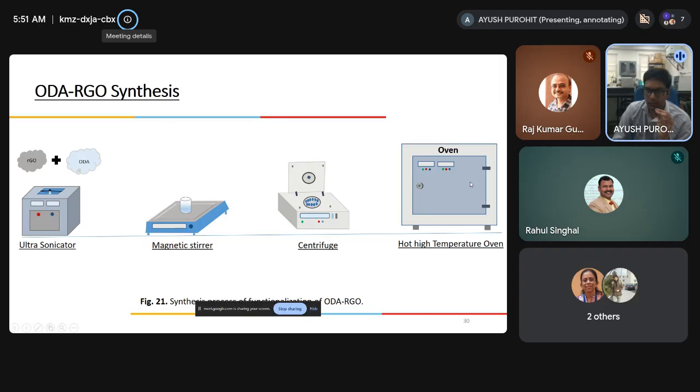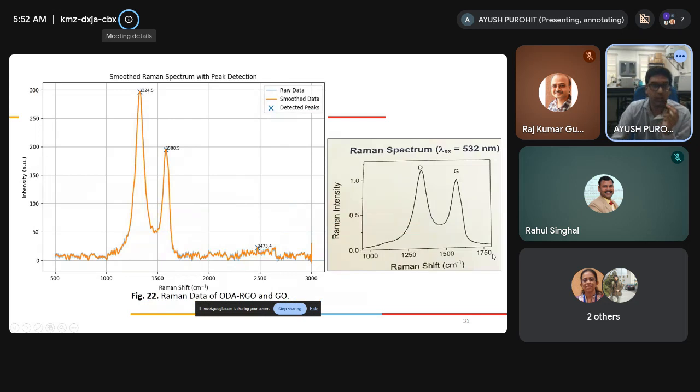for 10 minutes. After that, we get an ODA-RGO solution, which was not confirmed yet, but after a few characterizations, we confirmed that this shows the attachment of ODA and RGO. Then we heat it in a high temperature oven at 80 degrees Celsius for 12 hours. So this is the result of ODA-RGO, and the right side results are only